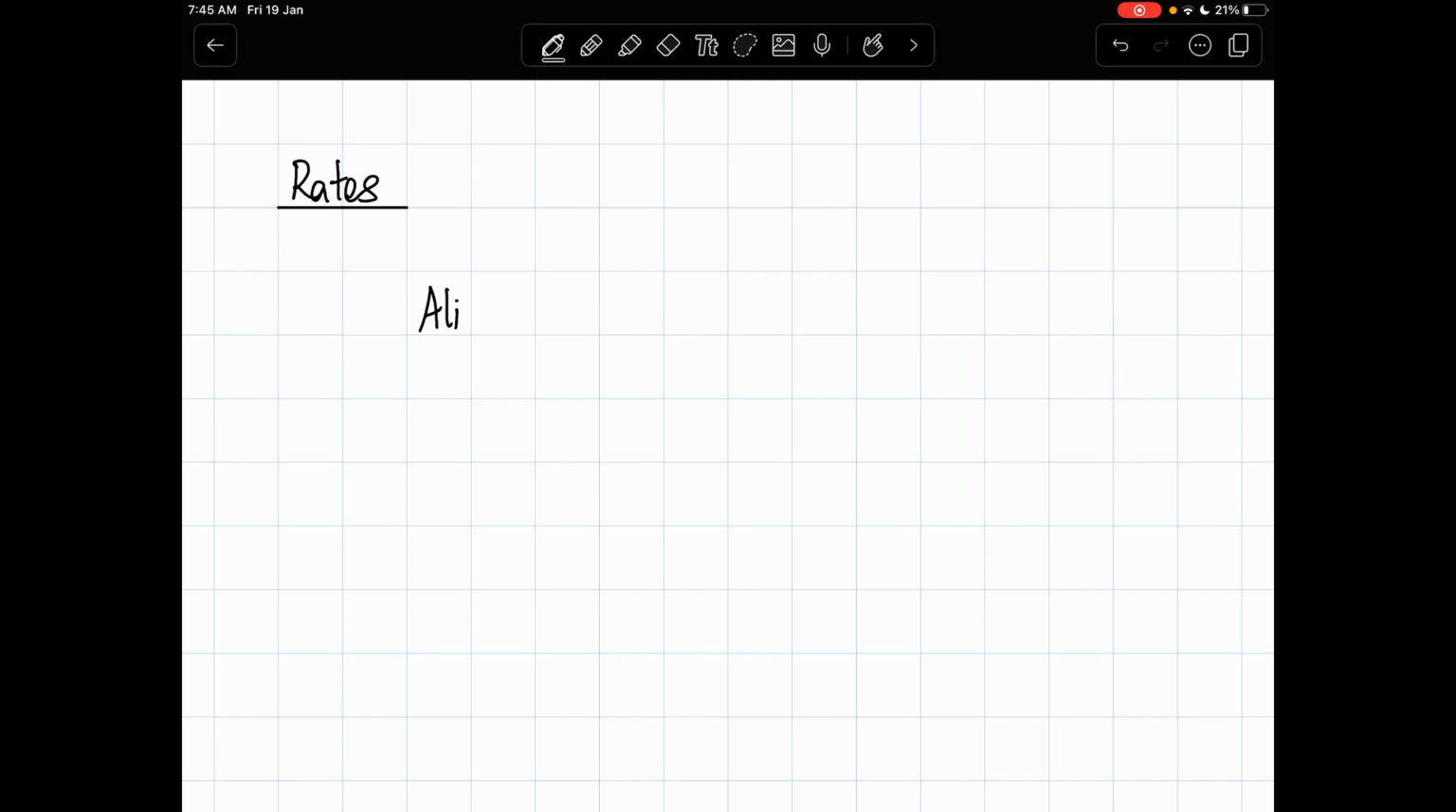Ali runs 200 meters per second. First of all, this is an absurd number and it is nearly impossible to run at this speed, but for the sake of explanation, just take it. So what does this number actually mean? So this means he can cover 200 meters of distance